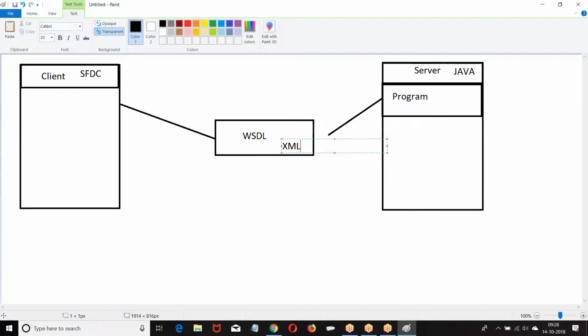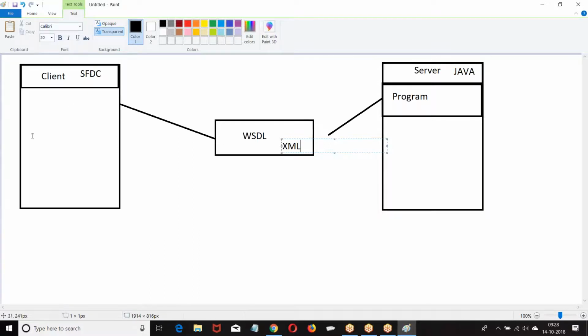Okay. Now we have a program. The program is converted into XML. That XML we call WSDL, Web Service Description Language. This WSDL file is in XML, Java converted into XML.